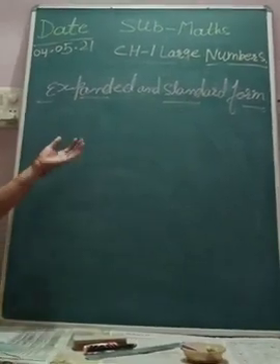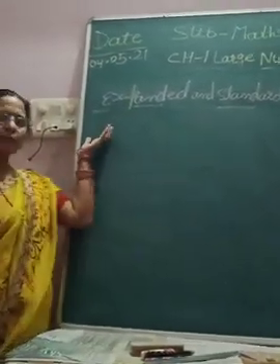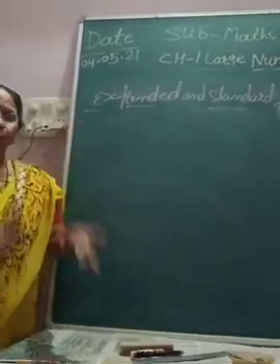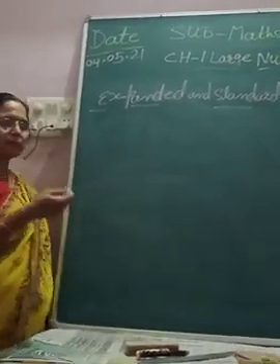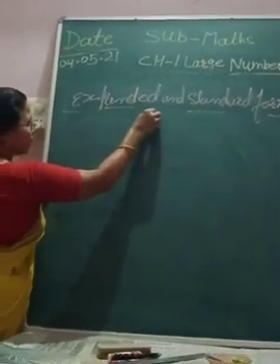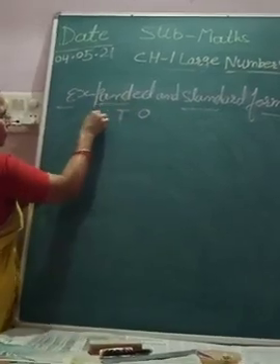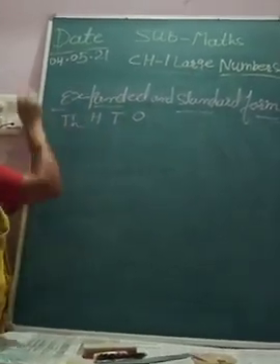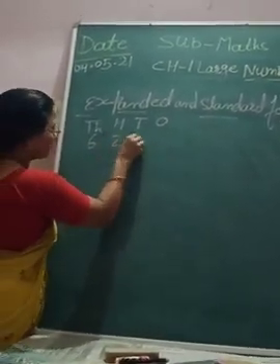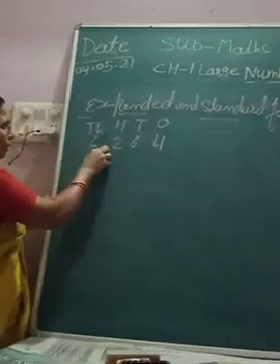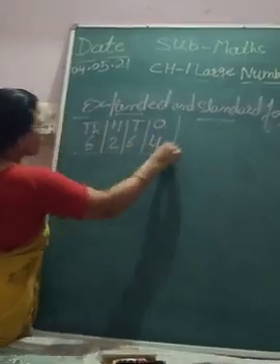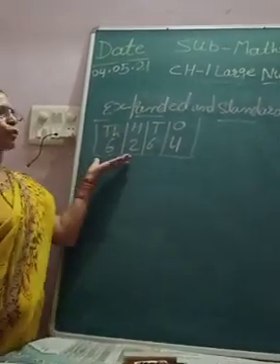Earlier you have learned how to expand. You just write the digit, and I have explained in previous classes how you expand. As you speak the number, in the same way you have to expand. But here how will we expand? Just see, ones, tens, 100, 1000. Suppose I have written here 6264. This is your number. Now suppose we have to expand.